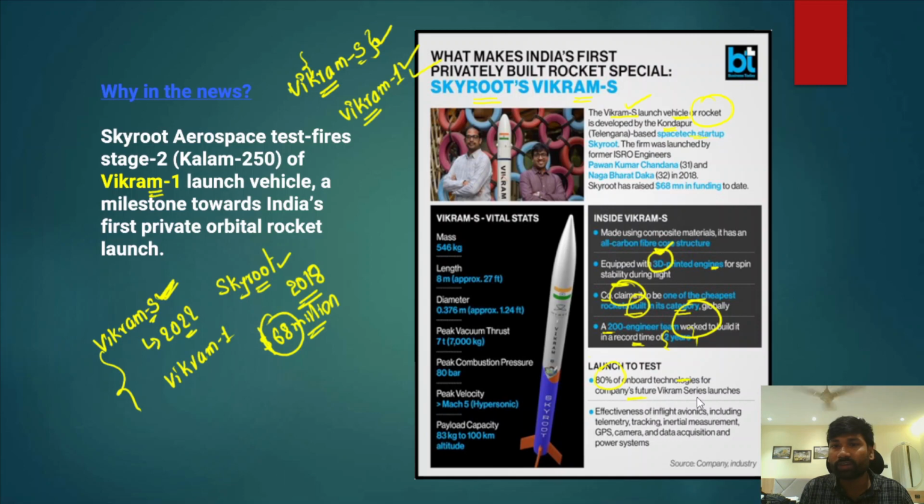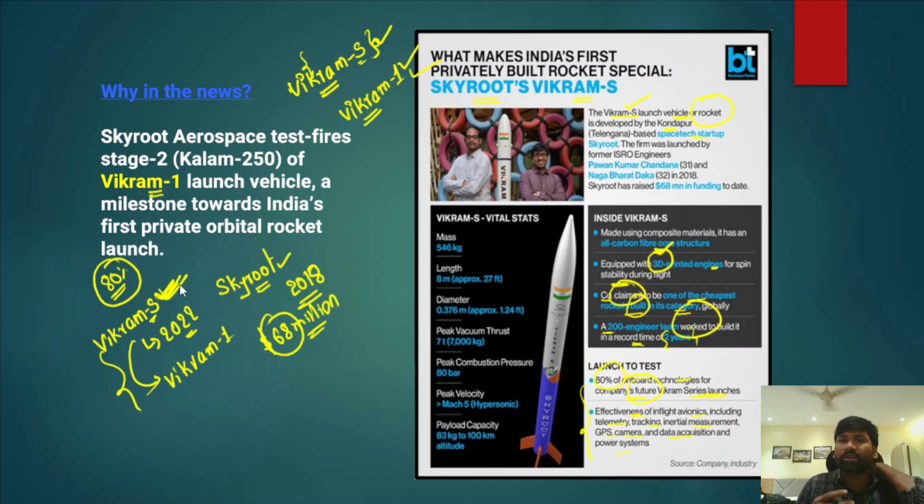for the company's future Vikram series launches. For example, Vikram-S followed by Vikram-1. So this is the Vikram series of launches. Therefore, they have tested 80% of the rocket's onboard technologies for the company's future Vikram series launches, and at the same time the effectiveness of in-flight avionics in Vikram-S, and telemetry, tracking, inertial measurement, GPS, camera, data acquisition and power systems, all those things were tested initially during the Vikram-S